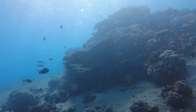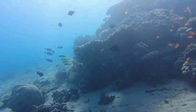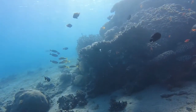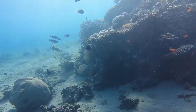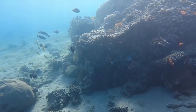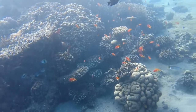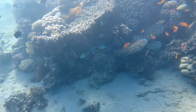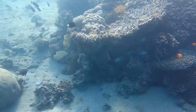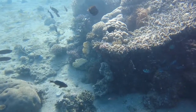It starts from the shallow, from the surface. The reef goes all the way to the surface and then slowly slopes down to 30-35 meters, and it's surrounded by a very sandy area with not a lot of corals. So it's diverse. You have these coral blocks with small fish, nurseries for small fish, and